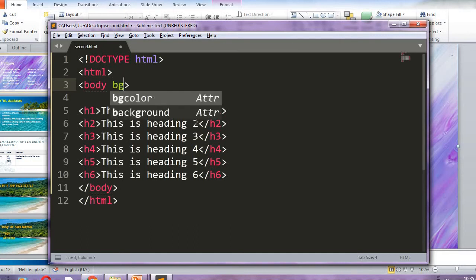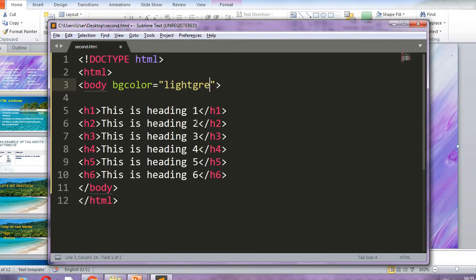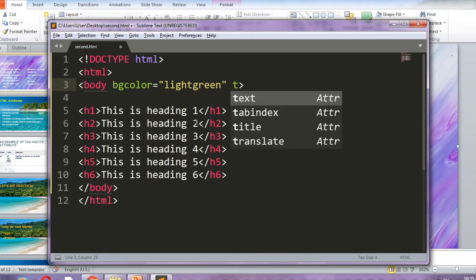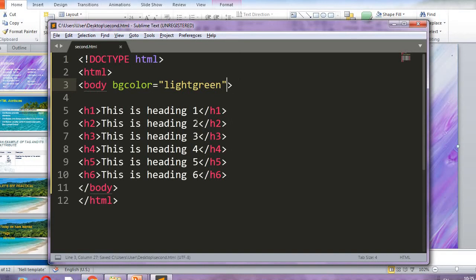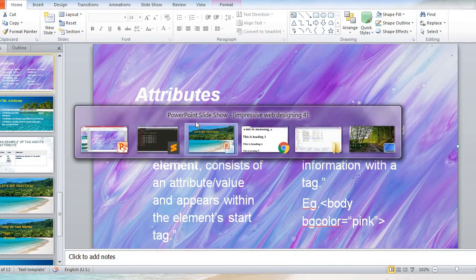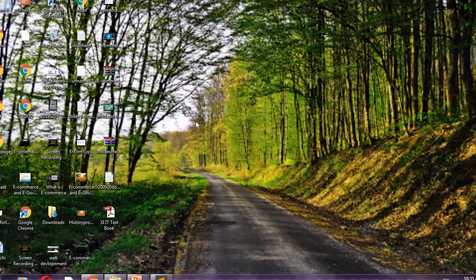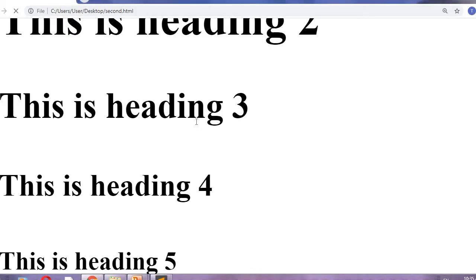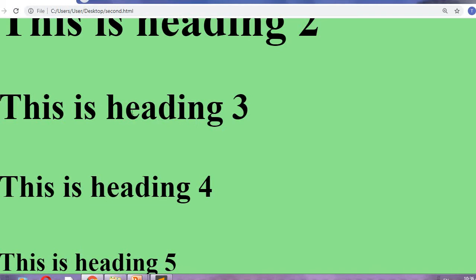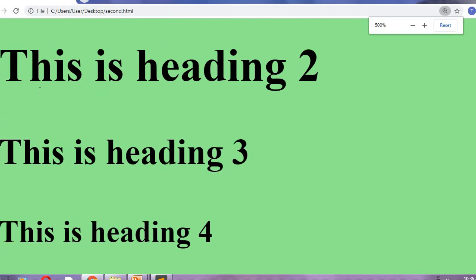I am taking bgcolor is equal to, for example, light green, or any color you can give. Light green. See the output first. Press F5. It became light green.